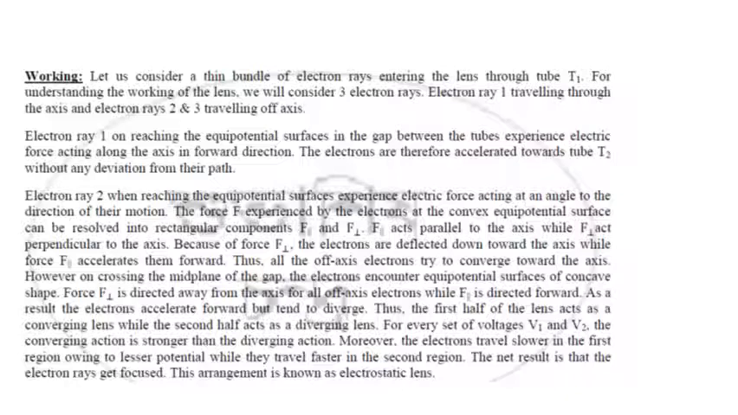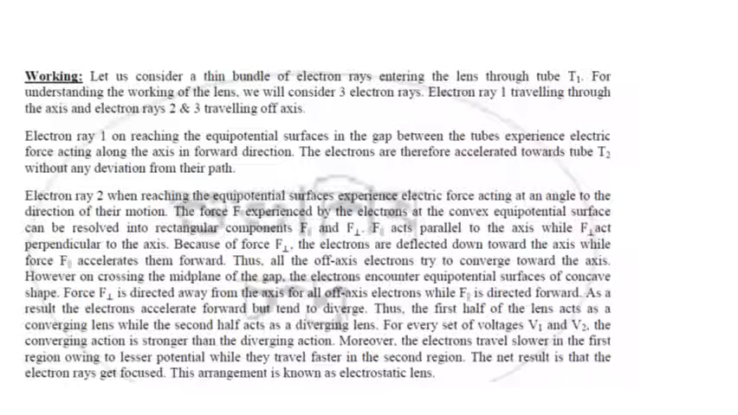However, on crossing the midplane of the gap, the electron encounters an equipotential surface of convex shape. So this is directed away from the axis, while the parallel component is directed forward. As a result, the electrons accelerate forward and tend to diverge. Thus, the first half of the lens acts as a converging lens, while the second half acts as a diverging